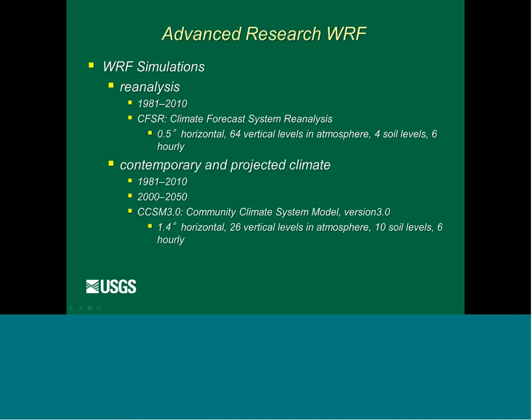We also, so this is trying to simulate pretty exactly the climate observations. When you do simulations out into the future, you also do what's called contemporary. It's not really giving you the exact details of historic changes, but it's showing the behavior of climate during historic times. So it's not exact, so they call it contemporary instead of historic. We got 2 runs, 1981 to 2010, and then 2000 out projecting to 2050. The one run that we selected was the Community Climate System Model to provide boundary conditions for this. And again, there's the resolution, and that has a 10 soil level model.